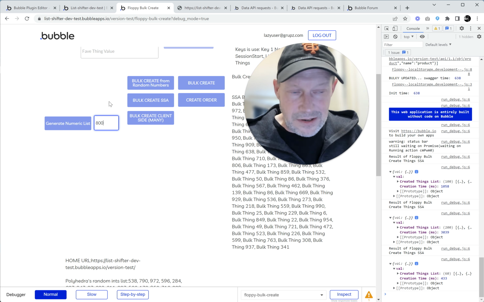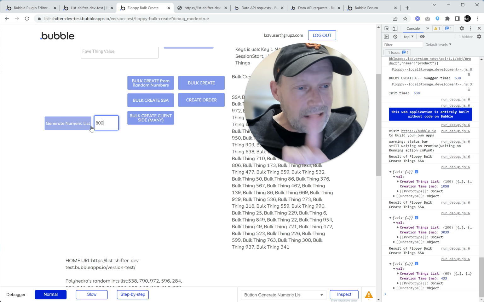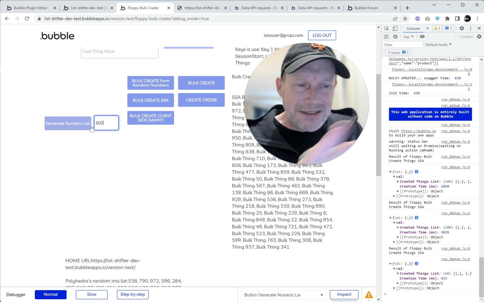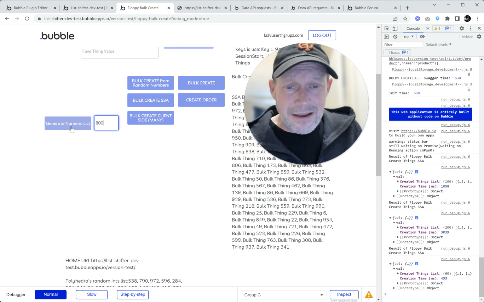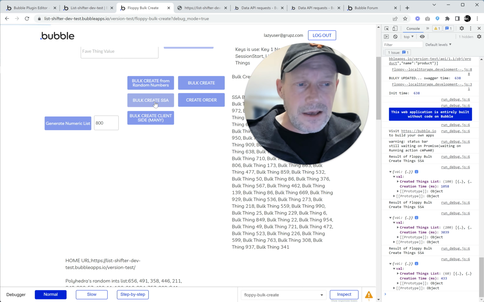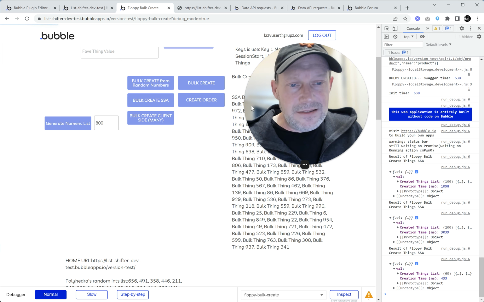Let's try one little stress test. There's a limit to how many items you can create. It's 1,000, and none of those limits are in my plugin yet. But let's make a list of 800 numbers, and let's try to bulk create 800 things and see if this causes a problem. The other thing I want to look at when this is done is the capacity impact. So the docs say that